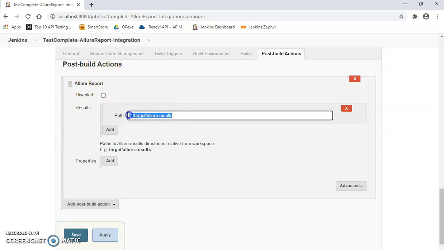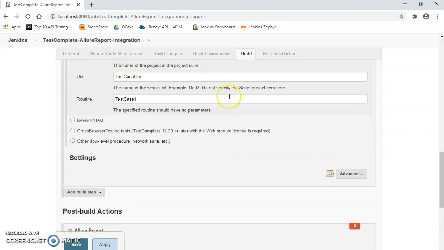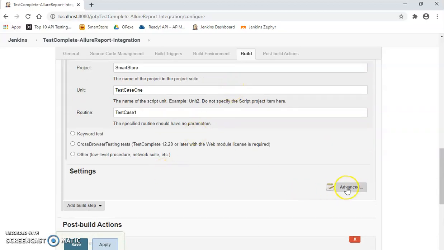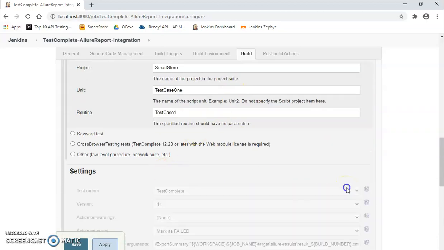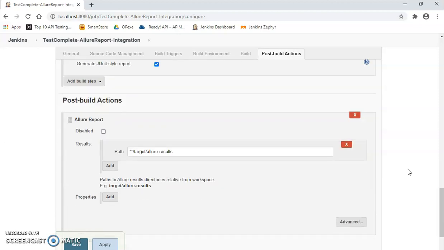Here I'm giving a relative path, and you'll also get the details here on how to give it, with an example. So I'm giving a path relative to the options in the advanced settings that I've given.